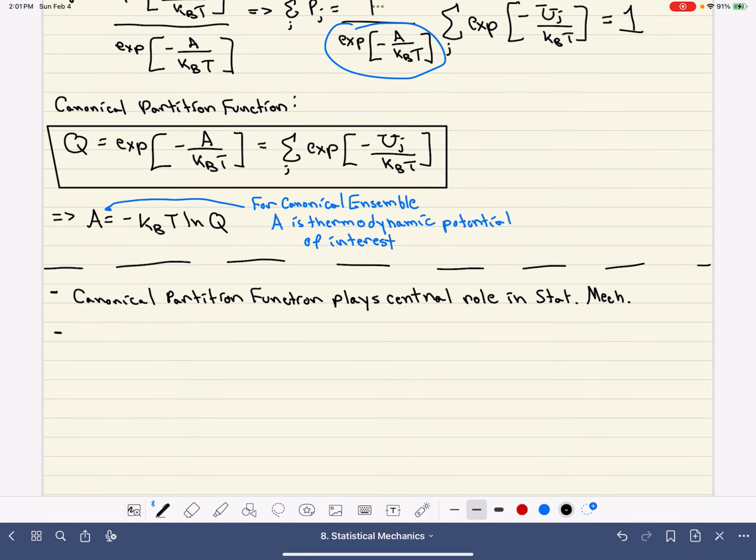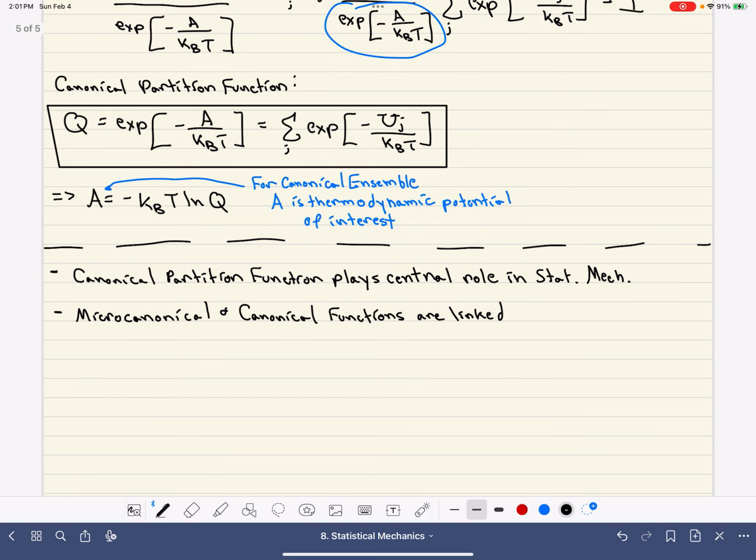So for example, previously we looked at the microcanonical ensemble, and now we're dealing with the canonical ensemble, right? And they each have their own different partition functions. And what we could do is actually link the two together. So these two partition functions are related to one another. Okay? Because we know that